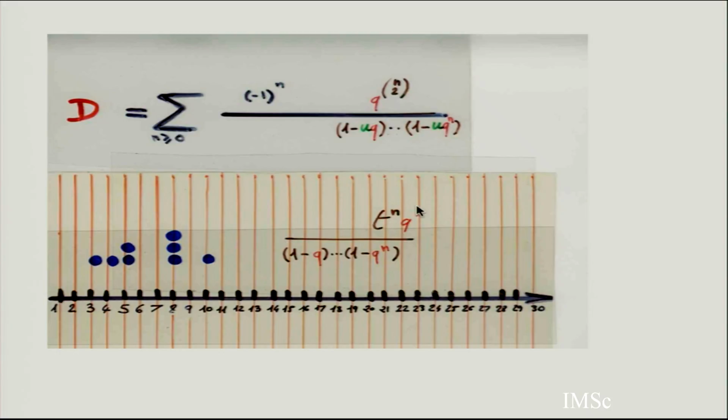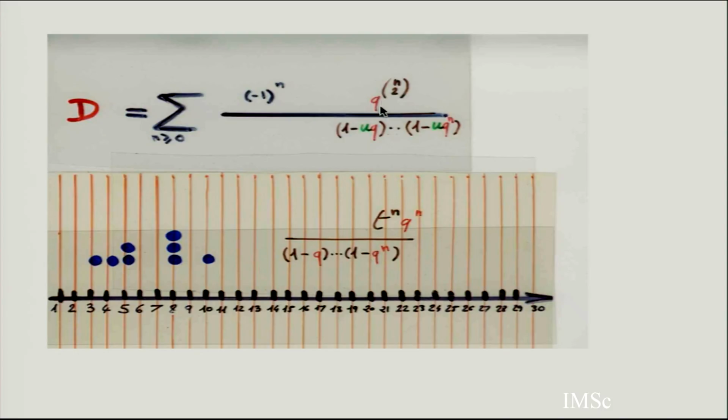So in fact, this generating function is a generating function for this picture, where, in the partition, each blue ball is a part of the partition, and the weight of the blue ball is q to the power of the index of the ball. For example, this partition is 3, 4, 5, 5, 8, 8, 8, and 10. Each blue point is weighted q to the power i if the point is i, and the total weight of this is exactly this. And t is counting the number of blue balls, and q to the n over this is the weight of the partition.